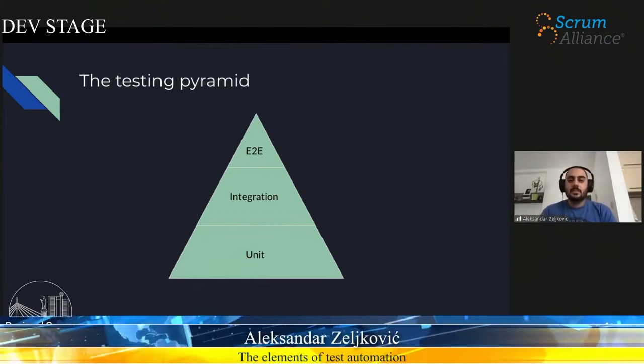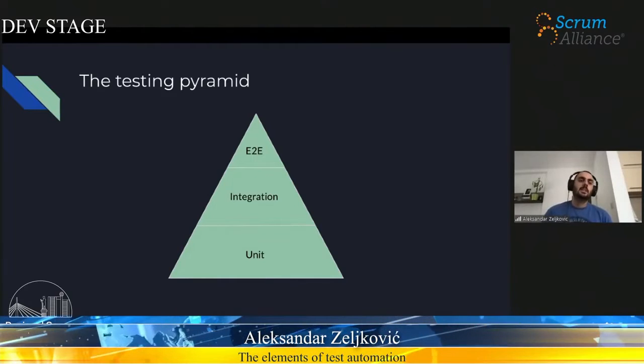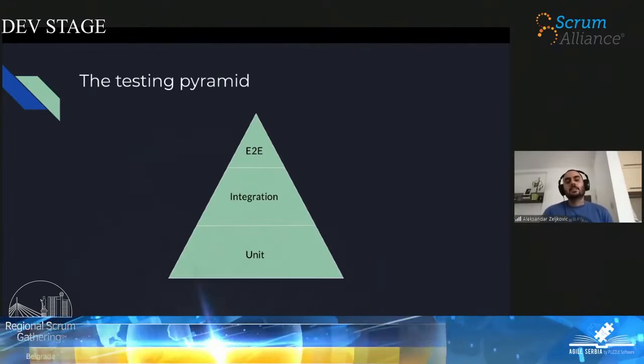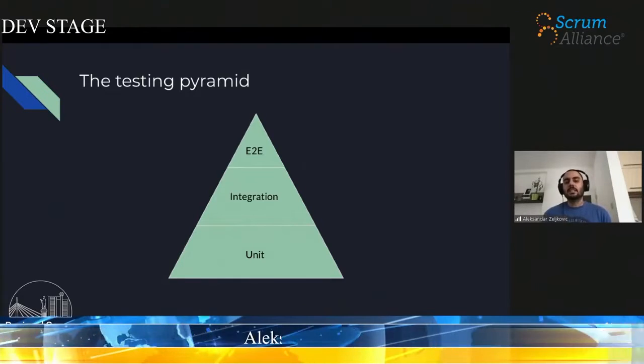And on the top level, end-to-end, when you are doing end-to-end test automation, it is the most complex way of testing. It is difficult to create good preconditions, to write tests. They are slowest to execute. You need to prepare the whole application if you want to do end-to-end testing. So they are the most expensive.